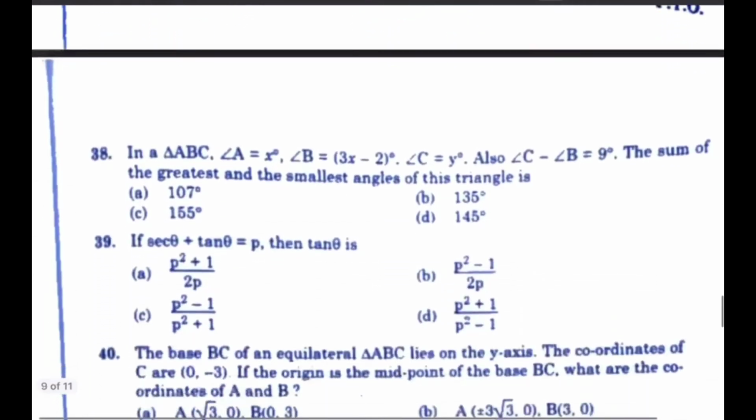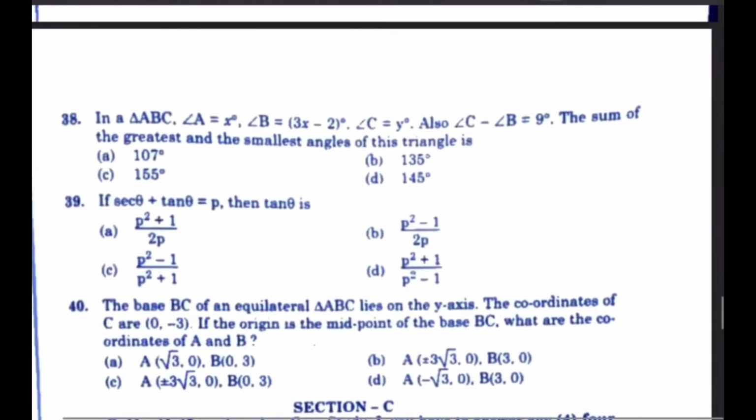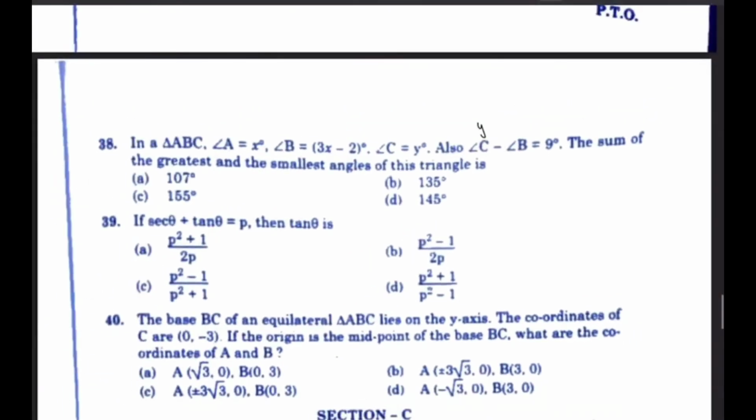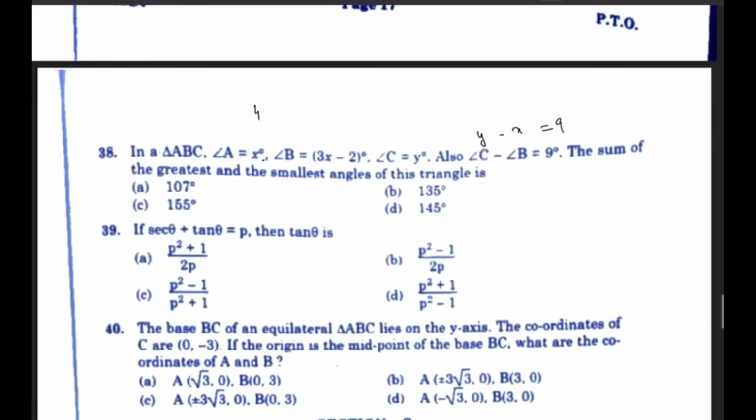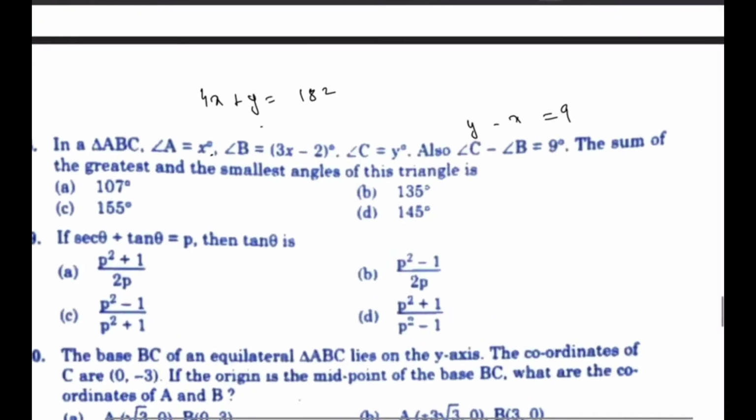Okay, angle A equal to x, b is okay, fine. C minus b is 9, so you have straight away that y minus x equal to 9, and the sum of these three is going to be 180 degree. So 4x minus 2 plus y, 4x plus y equal to 182 is basically what we have, and you have y equal to x plus 9, so you just substitute it, implies 4x plus x plus 9 equal to 182,